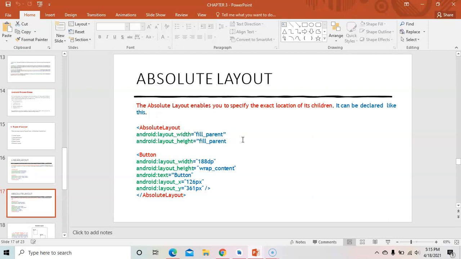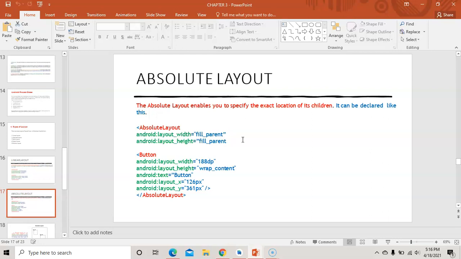X specifies the horizontal position according to the screen and Y specifies the vertical location according to the screen. And then the absolute layout is closed. It is used to give the exact position of its children. Children means whatever control you place in the absolute layout are the children of the absolute layout. So the button is the child.